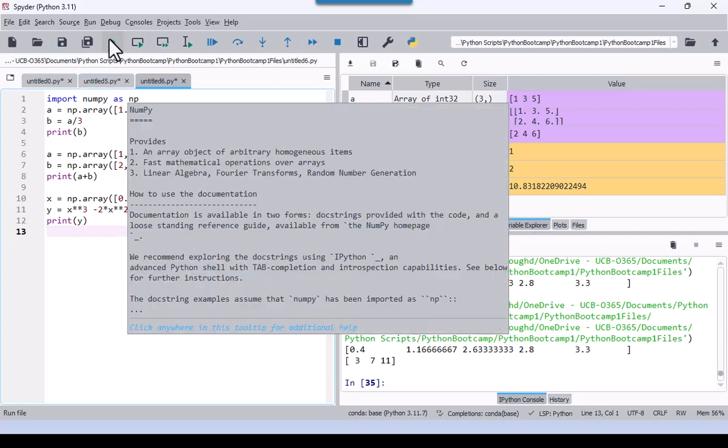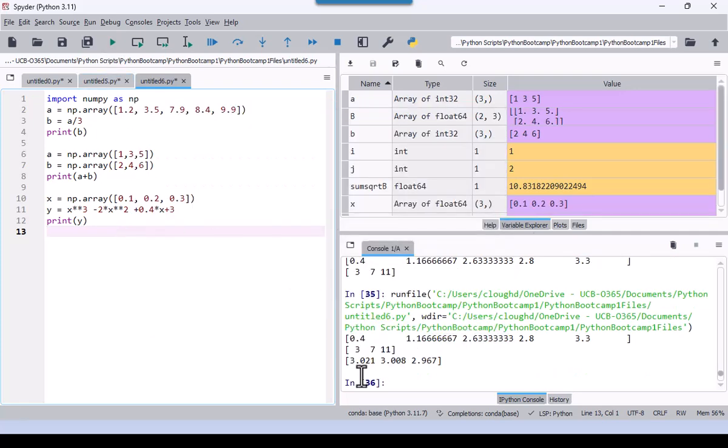And if we do that, we get the evaluation of the polynomial for x equal to 0.1, 0.2, and 0.3, right? And so this, you've seen us use this before, where we take advantage of array operations,